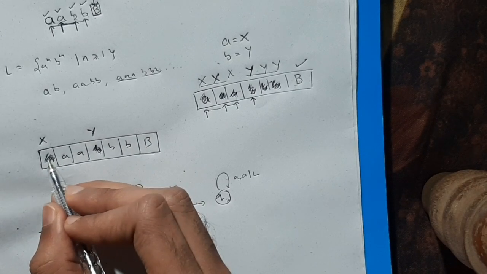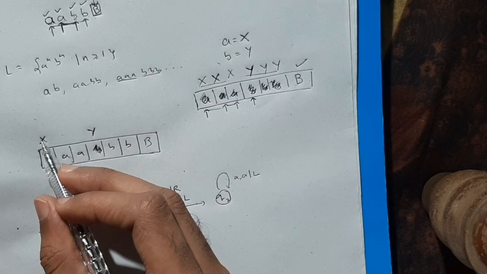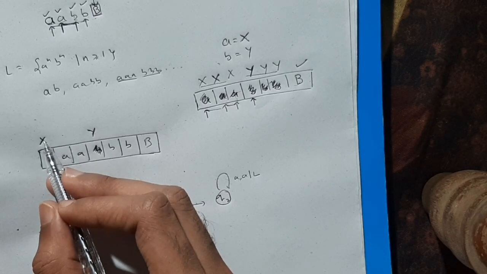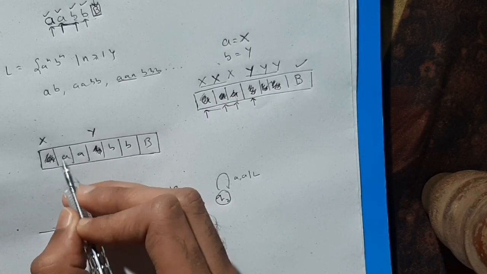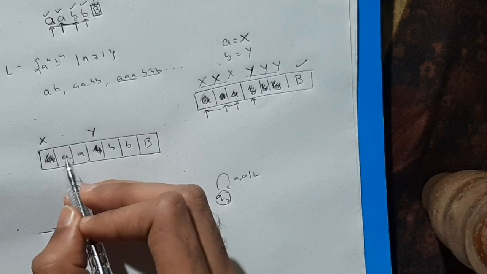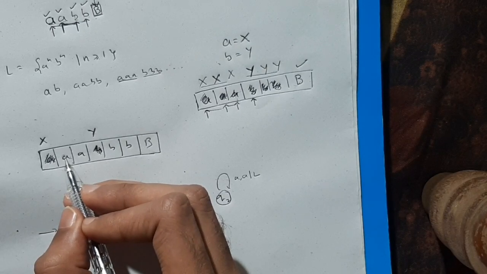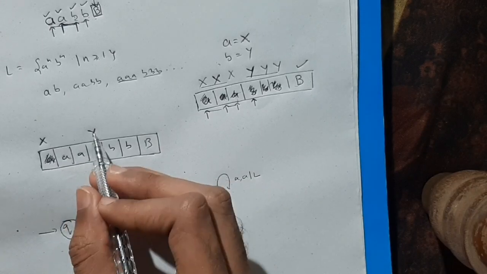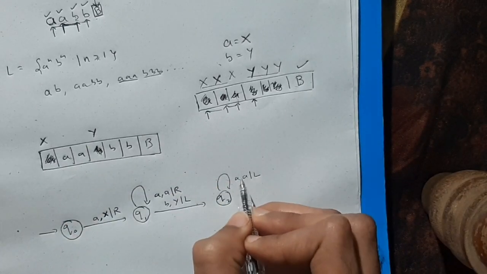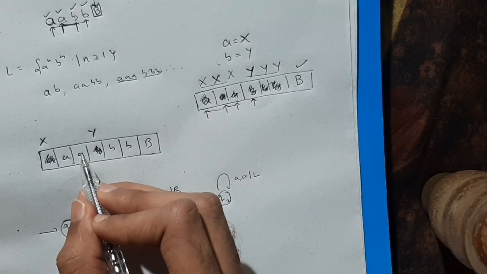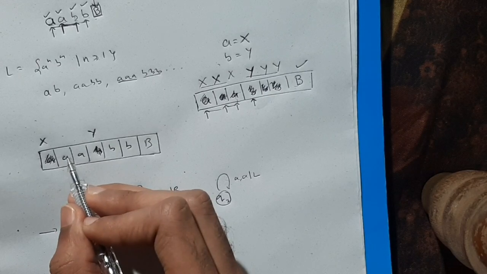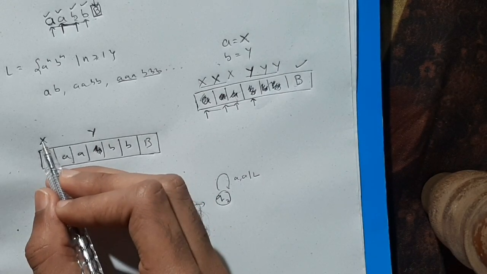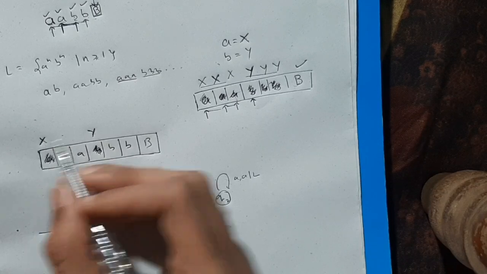Whenever I move to the left and I find X, what does that mean? From this position I moved left and I found X, that means this is the next A to be considered, right. So how will we depict it using this transition diagram? Suppose that from Y I moved to A, again I rewrote A on it and moved left, again I rewrote A on it, again I moved left. Now what am I encountering? I am encountering X, right. So whenever I encounter X,